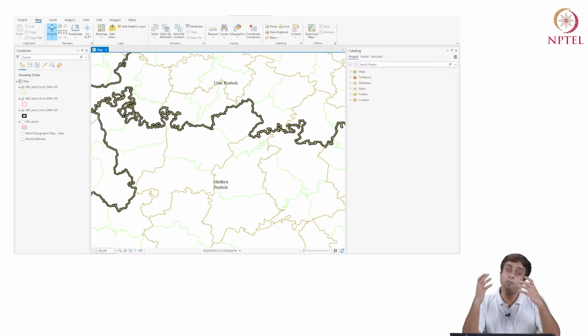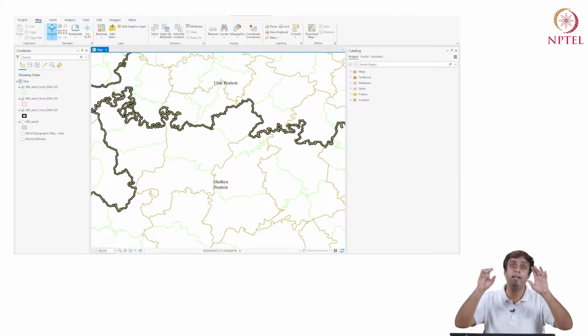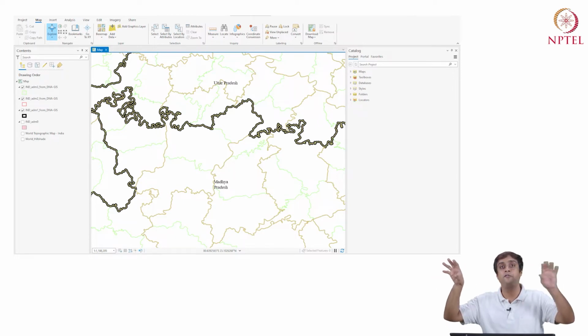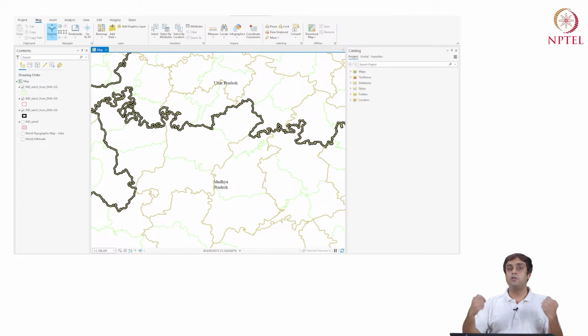I can also, by the way, take the project file and take it to a different computer. Let's say my home computer is different from my office computer, and I can distribute time between working on these projects. The only one thing to be very careful about is that the data location should be the same. The data should be located in the same exact structure as it was on this system for it to read those data. If it is not able to read the data, you can actually go out and change the locations and work with them. Okay, all right.